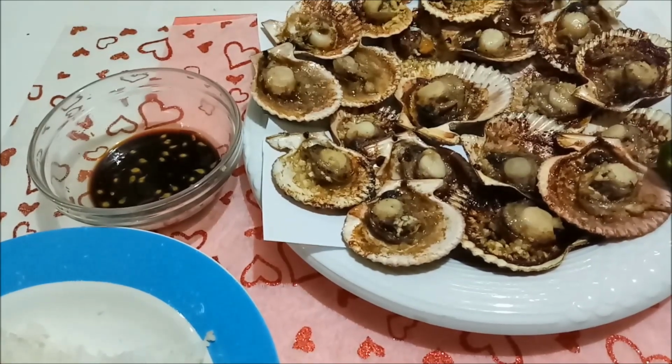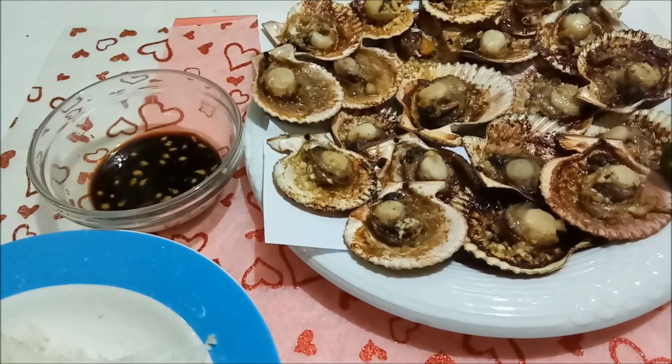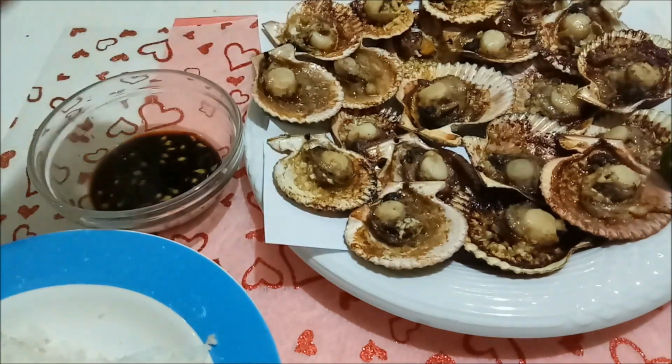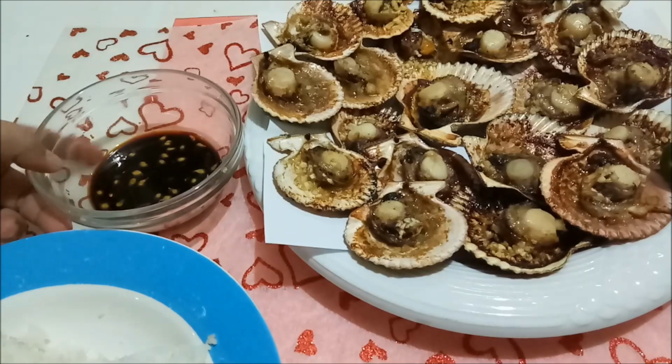Of course, napakasarap because it is high in fats and cholesterol. Pampataba. So, the same with the sweets, the cakes. So, ito na nga. Kakain na tayo. Titingnan natin siya. Of course, this is Filipino style because we have calamansi instead of lemon. So, some are squeezing the lemon onto the scallops, while Filipinos